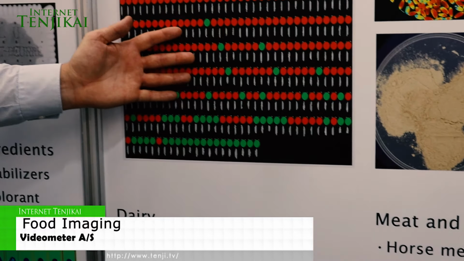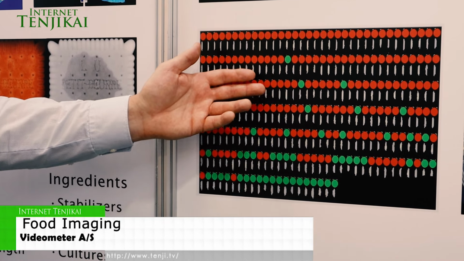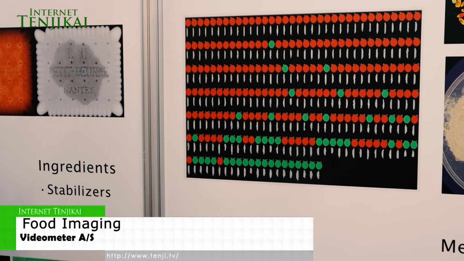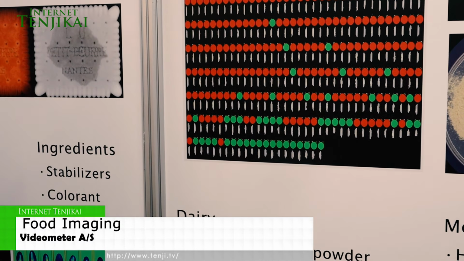This is rice, basmati rice versus long-grained rice. Again we can determine whether a shipment of rice has been adulterated with long-grained rice. So these are examples, and there will be plenty more examples, but I guess that's enough for a couple of minutes.